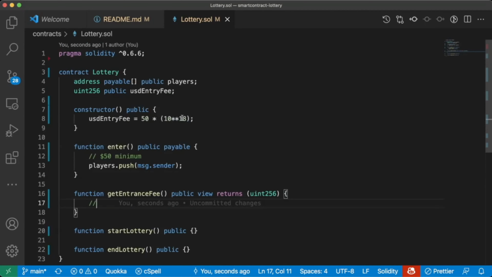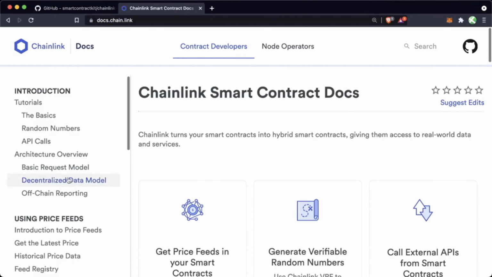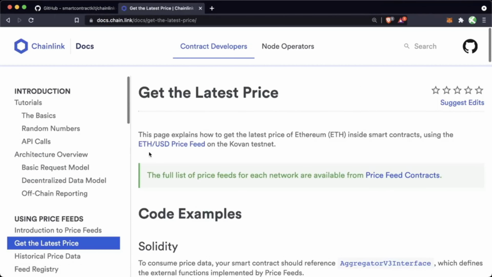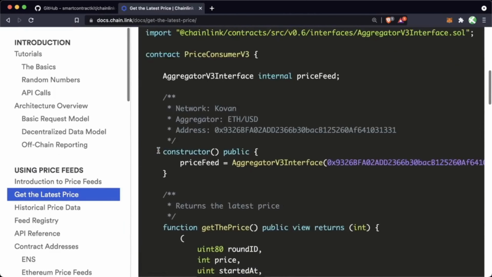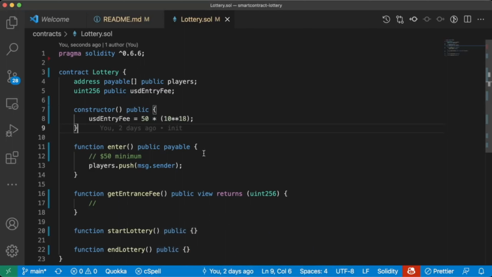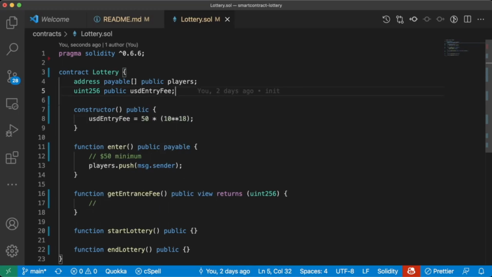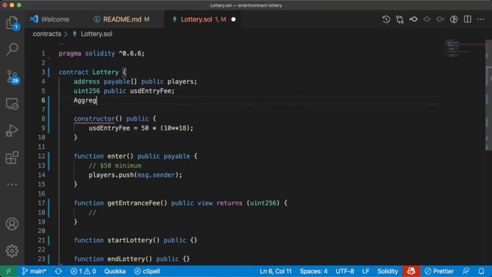As we know, since we're going to try to get a conversion rate here, we're going to want to use a Chainlink price feed. So we can head on over to docs.chain.link. We'll scroll down to get the latest price. And we can even just go ahead and copy paste this again. But for the sake of robustness, let's just walk through again how to actually set this up. We're going to need to pull from the price feed to convert $50 to $50 in ETH. So let's go ahead and create an AggregatorV3Interface,